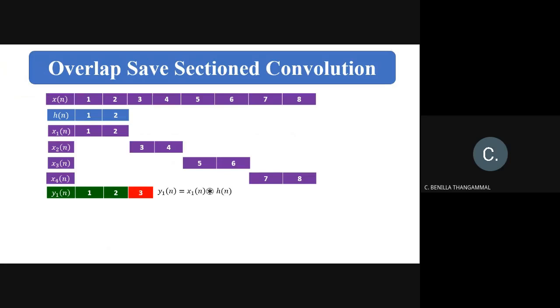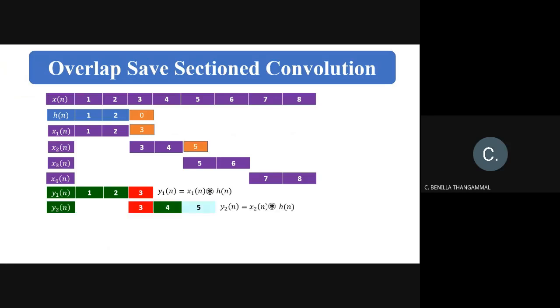But what happens? I have to get this output using circular convolution. So what I have to do is make my x1 of n and h of n 3 samples here. So I'll be going for zero padding to make my h of n 3 samples here. But in x1 of n, I shouldn't have 0 here. Instead, I will be taking the help of the next sample. Remember, in x1 of n, if you have the next sample, you shouldn't make it 0 here. Now, perform the circular convolution to get your y1 of n.